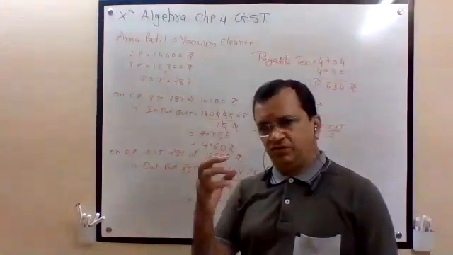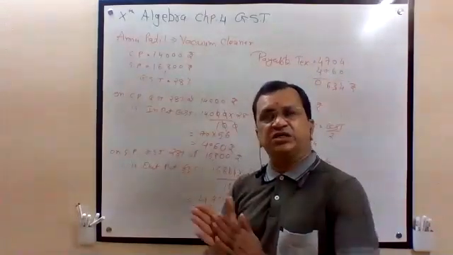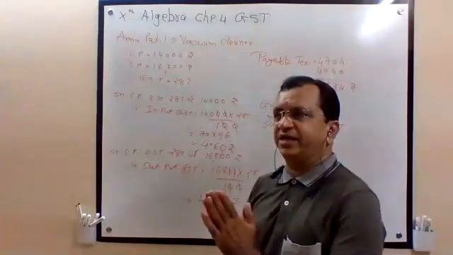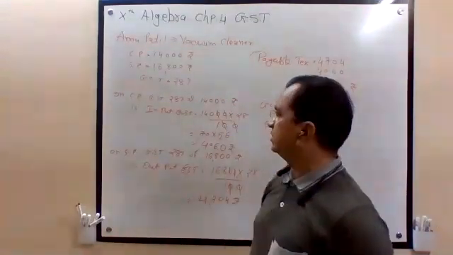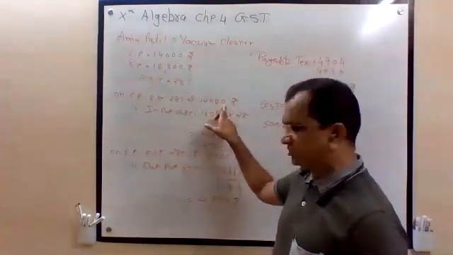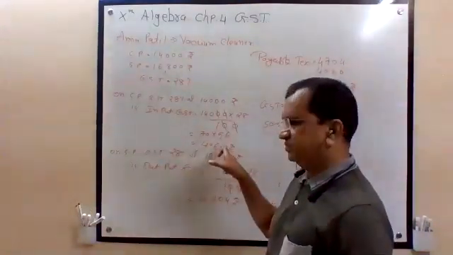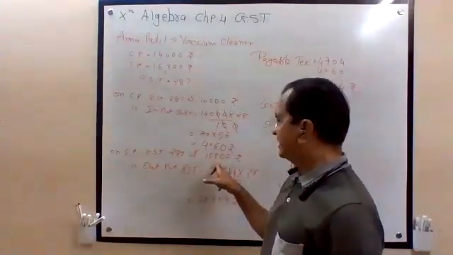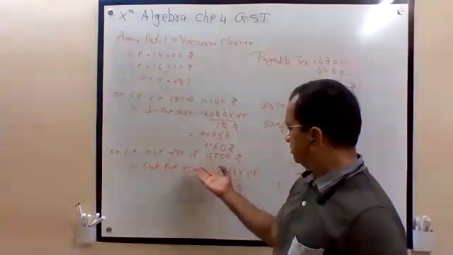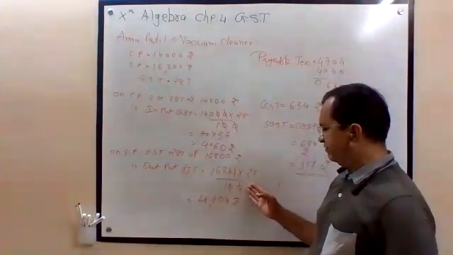Dealing with one vacuum cleaner. Cost price is 14,000. Selling price is 16,800 rupees. In both cases, the GST is 28%. So on cost price, GST 28% of 14,000, that is input tax, already paid tax. Now we sell at 16,800 rupees, 28%, that is output tax. So this into this divided by 100, because it is a percentage.